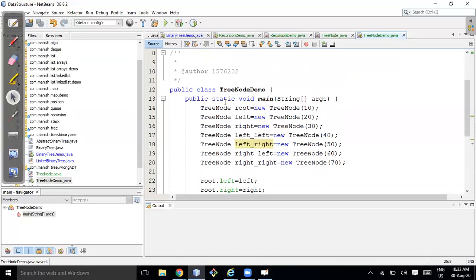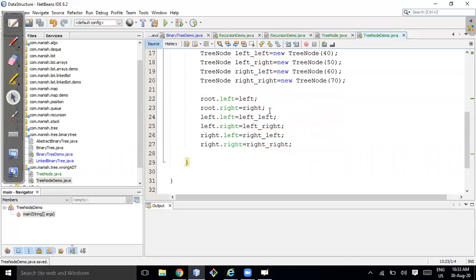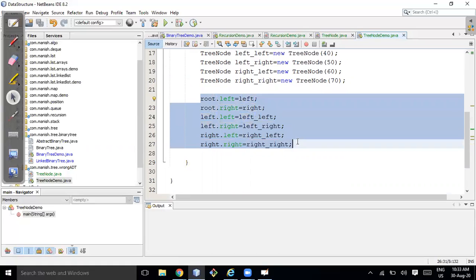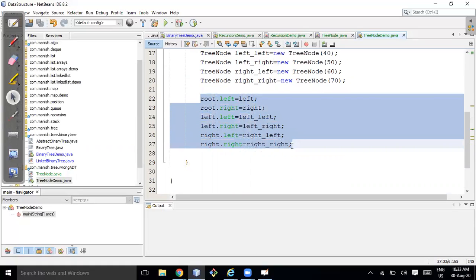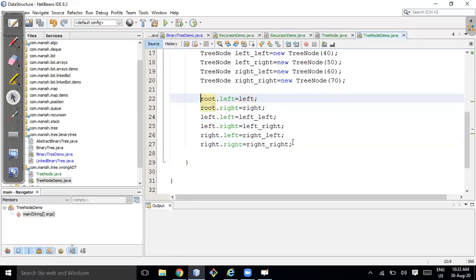Now that's good. If this linkage is not established, this is kind of establishing the edge, the connection between the nodes. You can mention it anyway, right? But if you are not following this structure, then maybe you will end up with a graph. That is not a tree. That won't satisfy the tree condition.